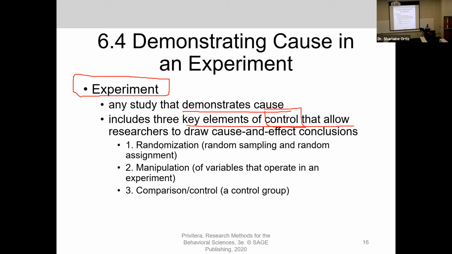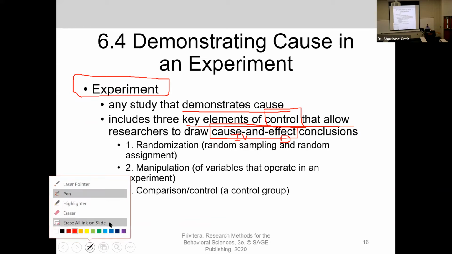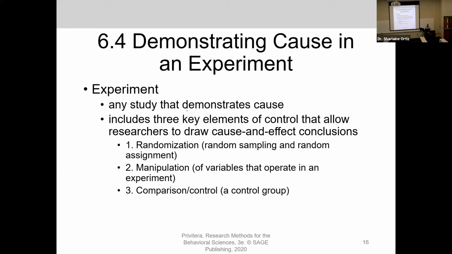Because we have so much control, we can, with a certain degree of certainty, decide whether or not that IV and that DV actually had that causal link. Or interaction, I should say, let's not get confused with correlations. Now, when I talk about these three key elements,